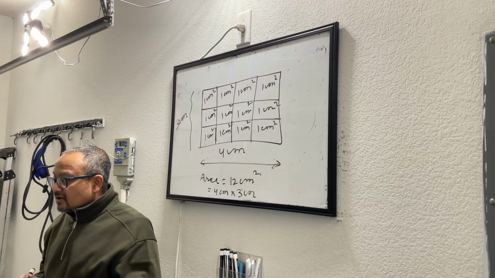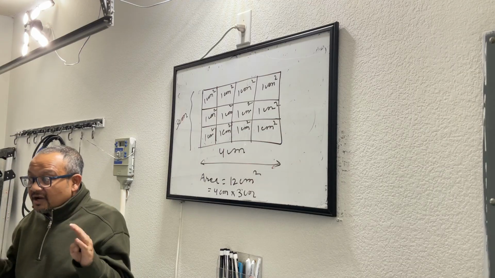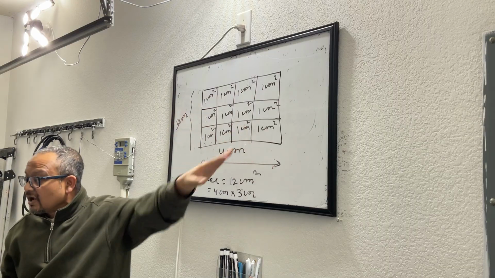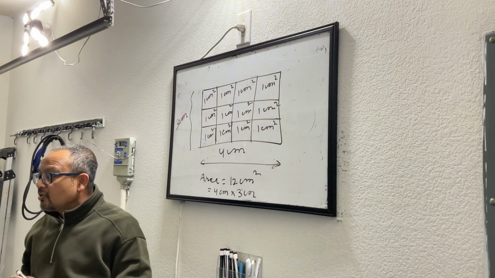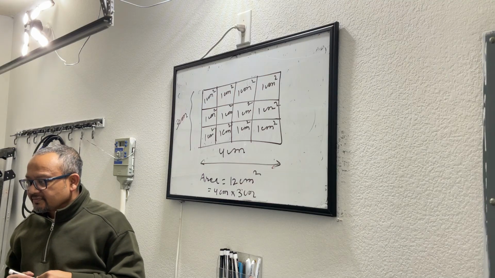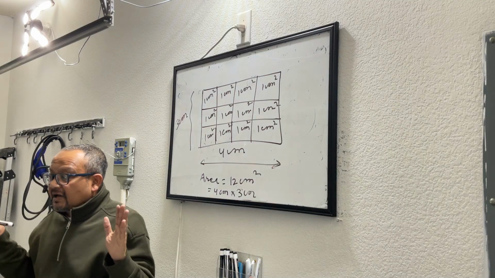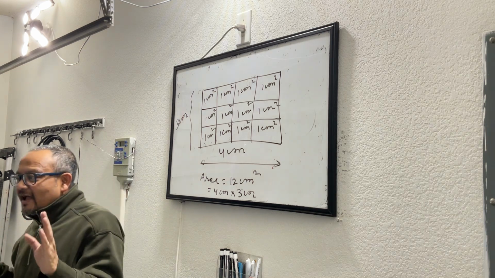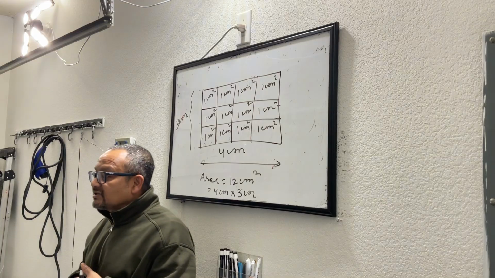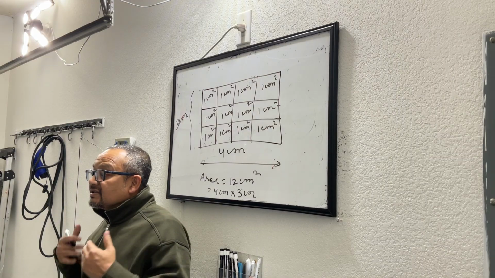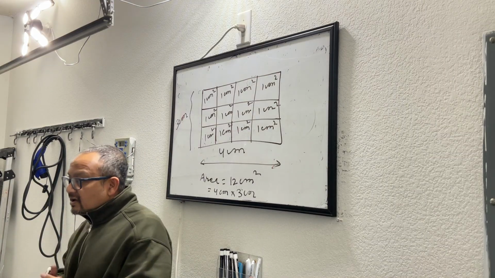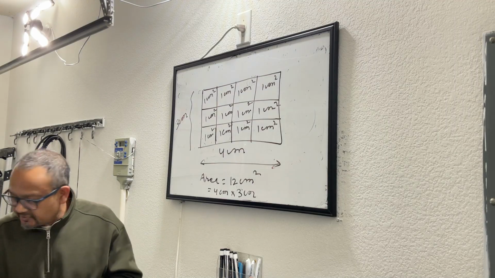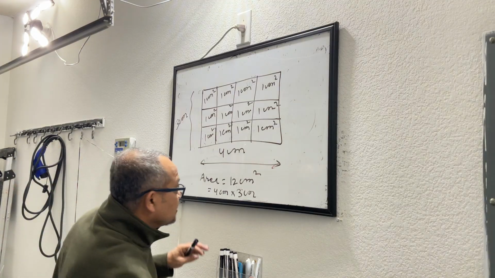If you are talking about area of a rectangle, that is length times width, and whatever I was doing here on the board, I was just trying to explain how it became 12. Okay? I'm not looking for the answer. What I was wanting you guys to understand or appreciate is, there is a reason why area of a rectangle is length times width. Okay? Area of a rectangle is length times width. And we have exactly 2 minutes.